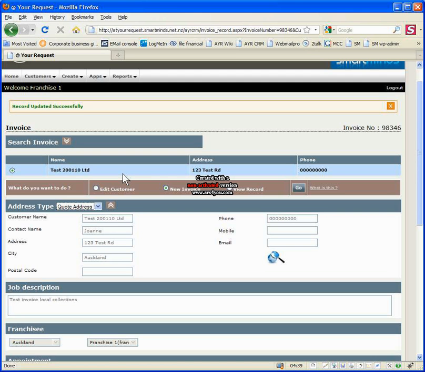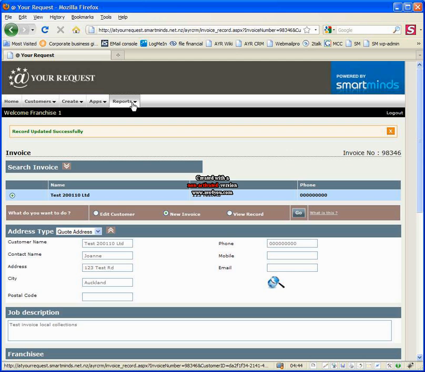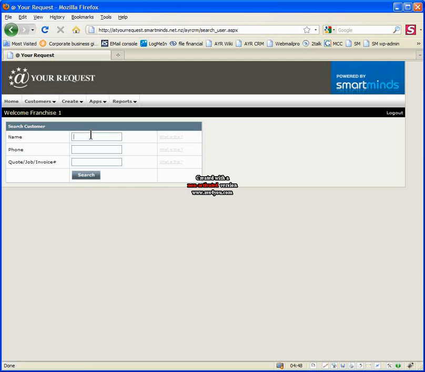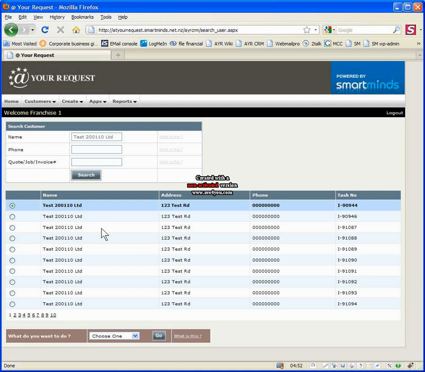So now, if I go in and run a report, so I can go, in fact, I'll just search for this customer, and I can actually see all the invoices for that customer. Okay,